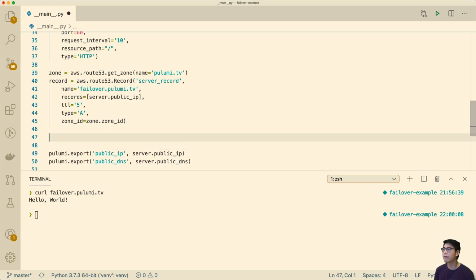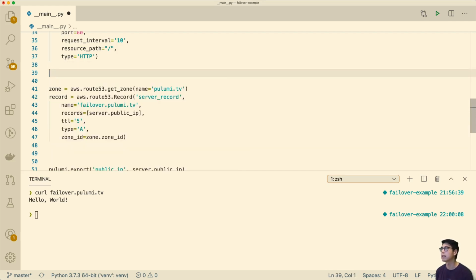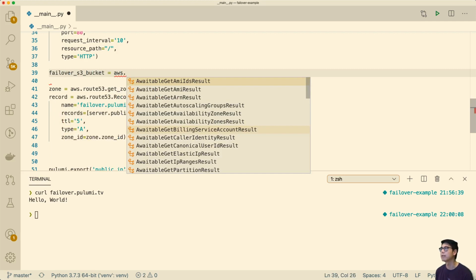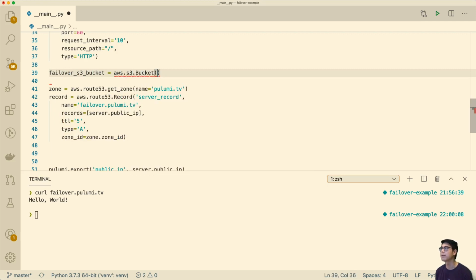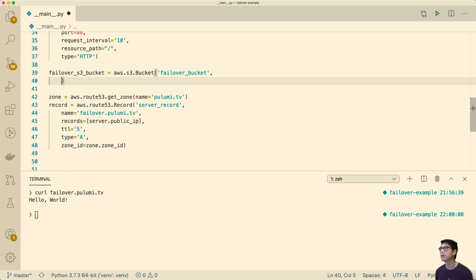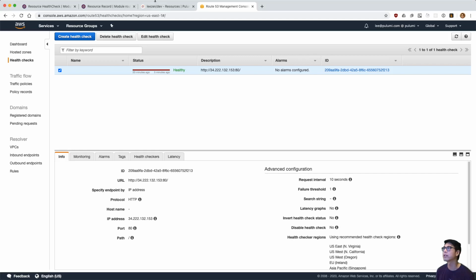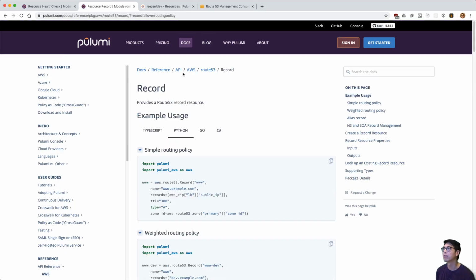To do that, we first create an S3 website, and we'll do that with an alias record. So first, let's create the site. We'll say this is the failover S3 site bucket, and we'll make an AWS S3 bucket, and we'll call this failover bucket. Let's check what we need here actually. So if we go to the docs,